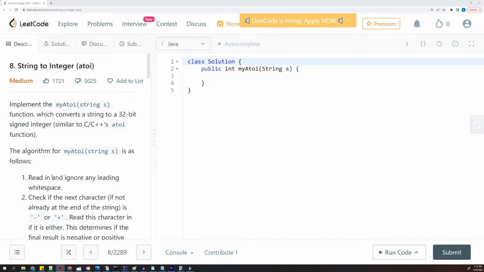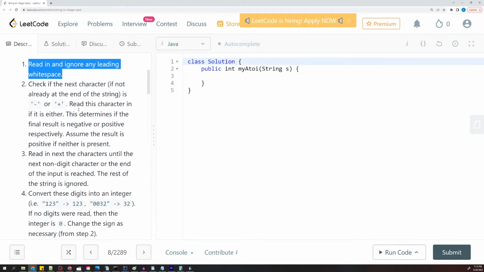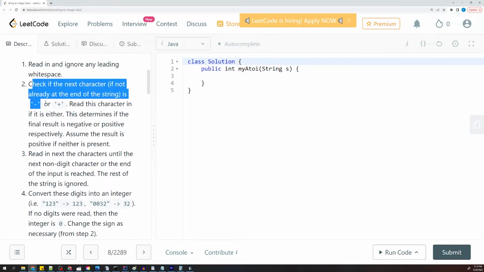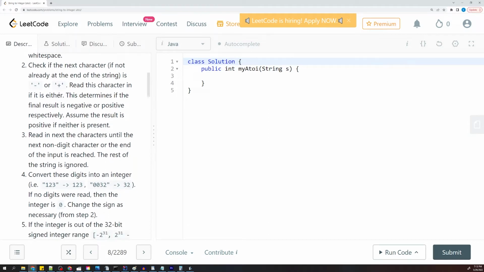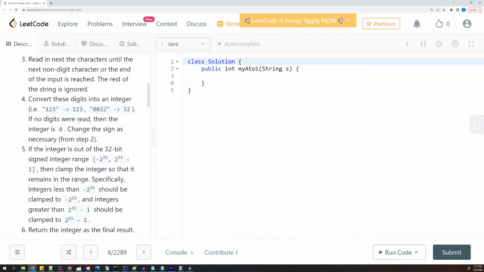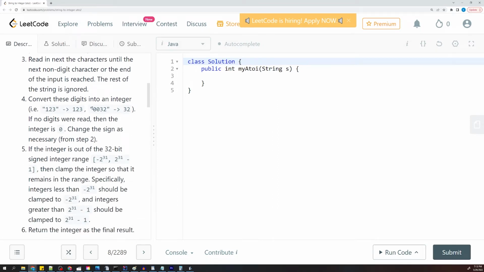The algorithm is as follows: read in and ignore any leading white space. Okay, so that's the first thing we're going to do. We're going to check to see if the next character is a negative or a positive sign, and that's going to determine if it's a negative or positive number. But there may not be a sign at all. Then we're going to read in the next characters until the next non-digit character or the end of the